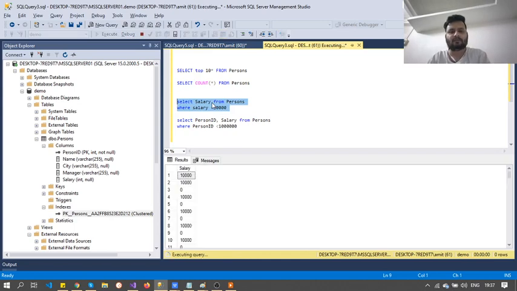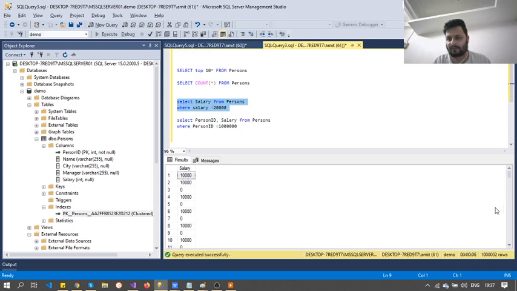Now I am running this query, and just give it some time to complete. Yes, 10 lakh 2 records are fetched as the output of the system. You can also count it. The time taken by the query is 6 seconds. So this is the query I have run and this is the output.